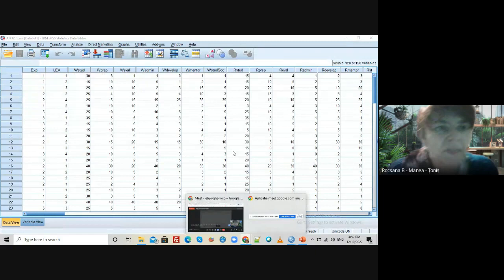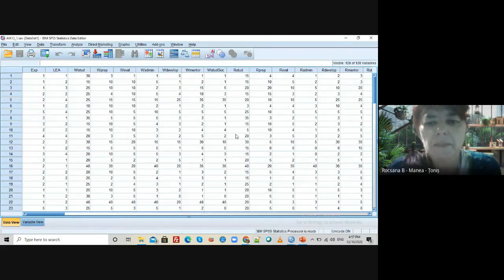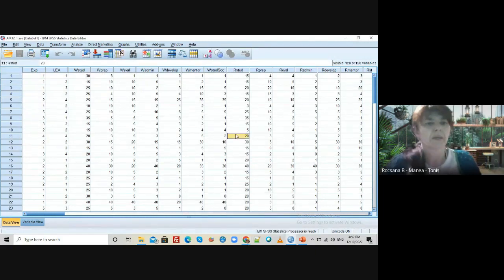We have an SPSS database with the answers of teachers from LEA University in Serbia. And this survey was done on teachers with the aim to find out